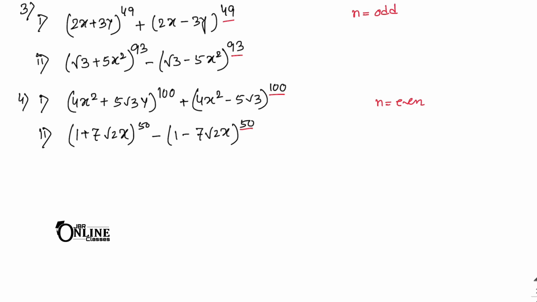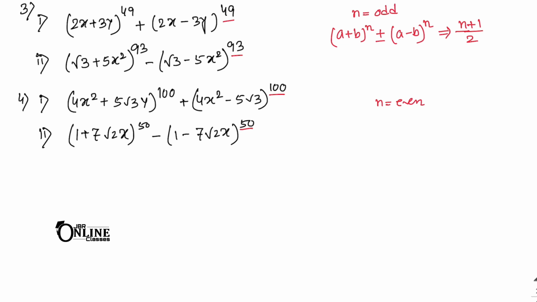Suppose you have the expansions (a plus b) whole to the power n and (a minus b) whole to the power n. For the case of odd, when n is an odd integer, remember that, the number of terms will be (n plus 1) by 2. That is the formula. When n is a positive odd integer, in both cases, whether plus or minus, the formula will be (n plus 1) by 2.